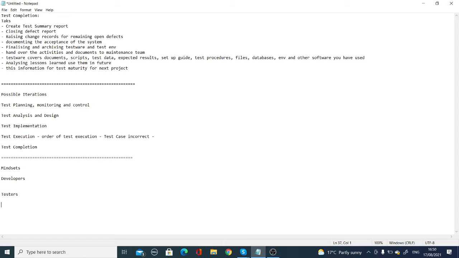If you find a defect and you raise it, the developer will think that you might have done something wrong. So let's see what the developer would say. Software is of acceptable quality. Whenever developers build software, they will say it has good quality. The software will be acceptable. This is the developer's mindset.